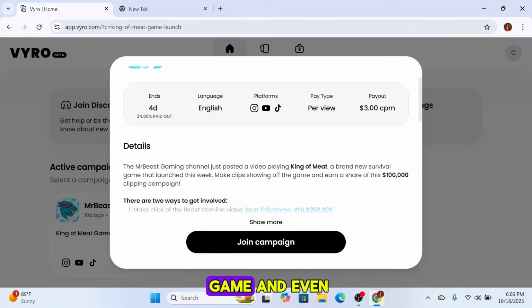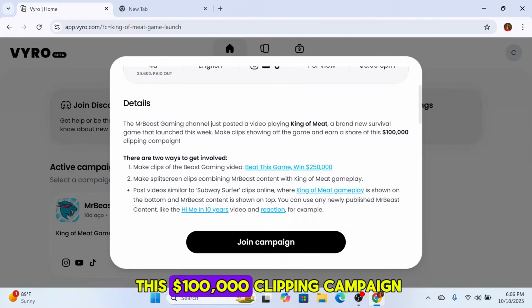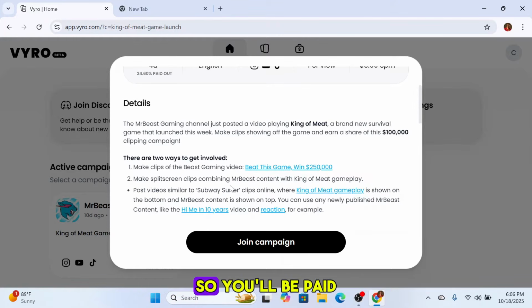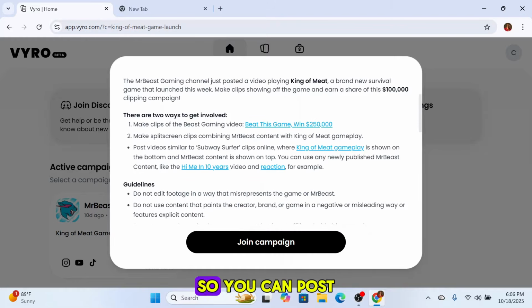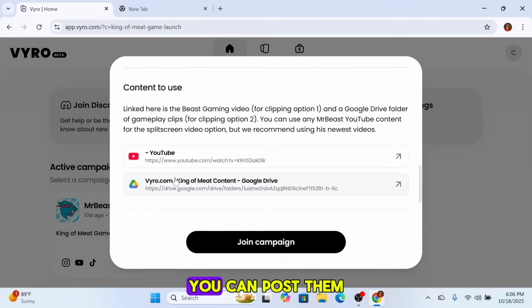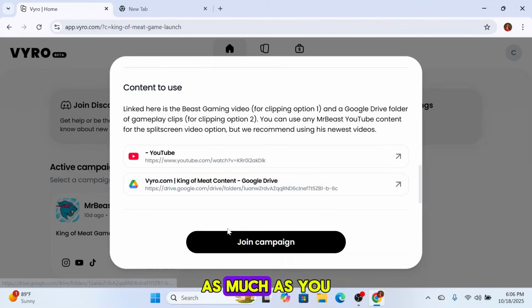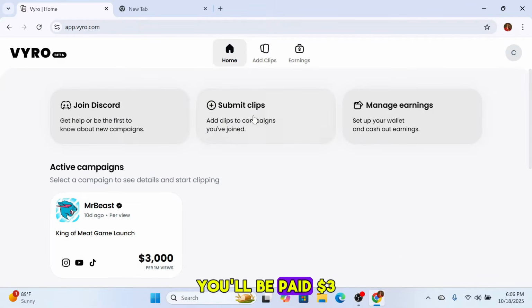Make clips of the game and earn a share of this $100,000 clipping campaign. You'll be paid per 1,000 views, $3 per 1,000 views. You can post these clips on TikTok or Instagram, it doesn't really matter the platform you're using. As long as you get 1,000 views, you'll be paid $3.